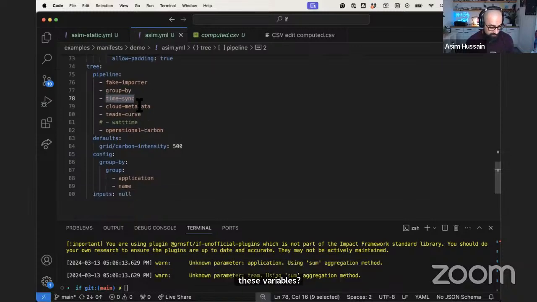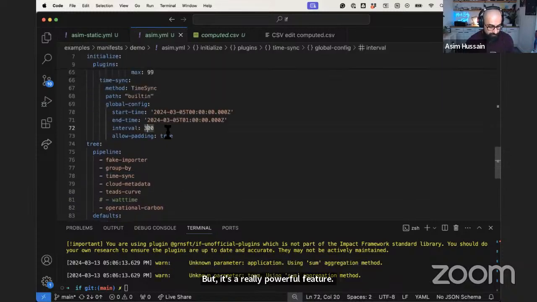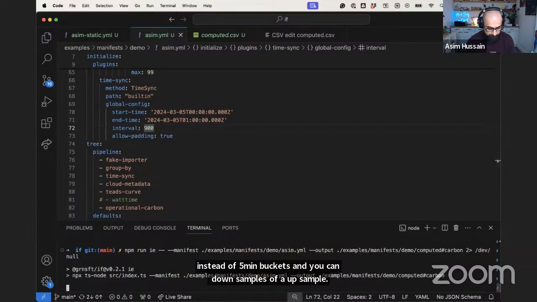So what I'm going to do here is with time sync, currently it matches what the data is. I'm going to say, do you know what? I actually want it in 15-minute buckets instead of 5-minute buckets. And you can downsample as well as upsample. So it's in seconds here. So if I rerun that,